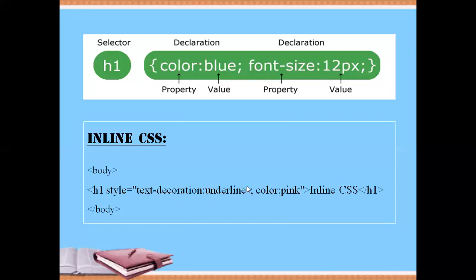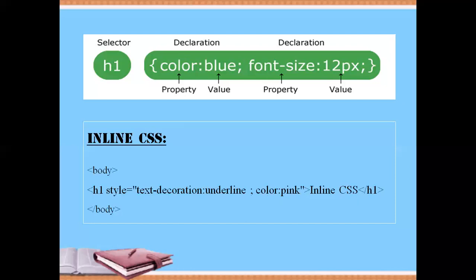Don't close it here. If you have another property, write that using a semicolon. Again, if you have a third property, put a semicolon, write it, and then close the double quotes. But no space should be in the middle. Continuously you go on writing the properties and the values.